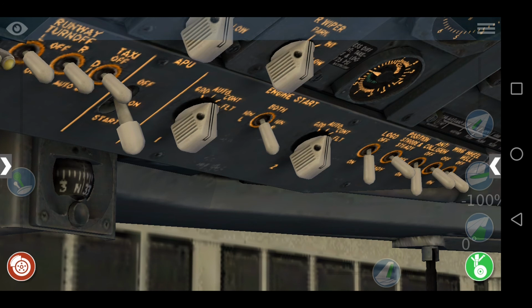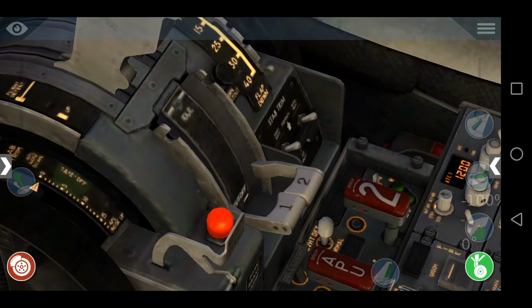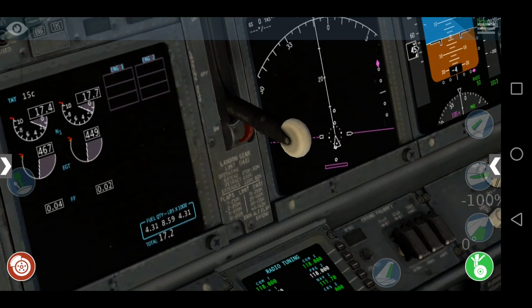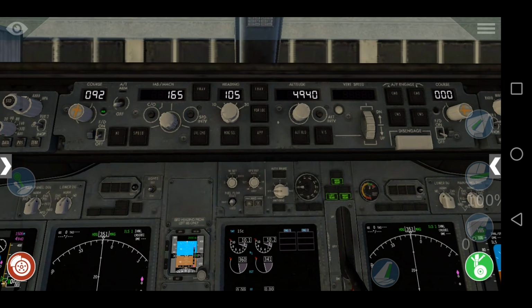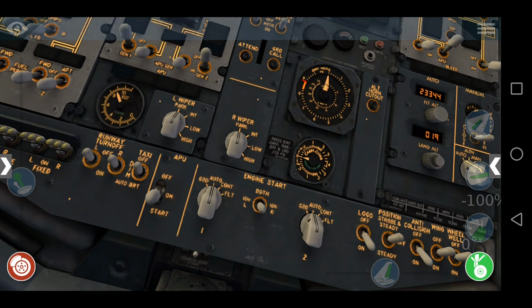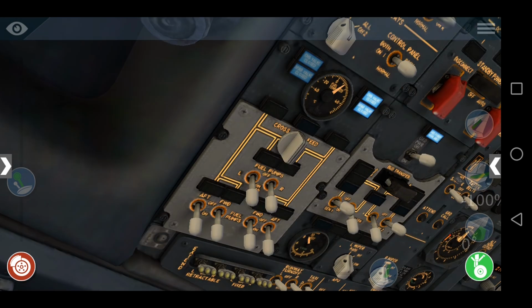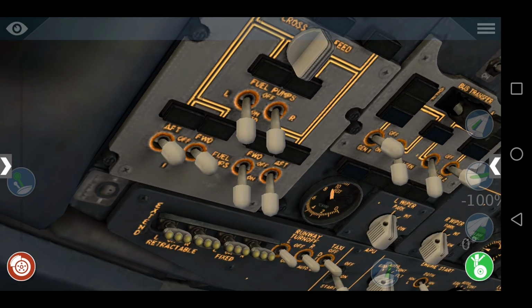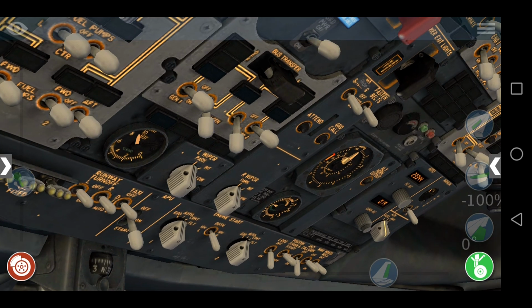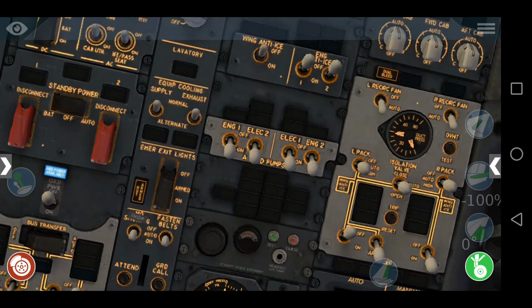Engine fuel cutoff levers can go to the off position. Engine cutoff switches can come off. And then the next thing is, we don't need engine generators, so I'm just going to turn them off. And then I'm going to turn off fuel pumps. All the fuel pumps can come off. That passenger signs can come off, bleed air system from the APU can come on. So we have APU bleed, engine bleeds can go off,